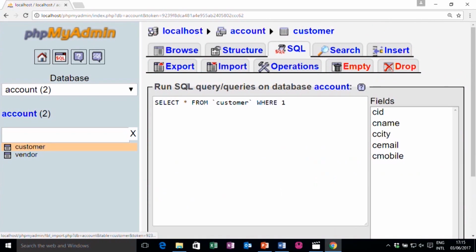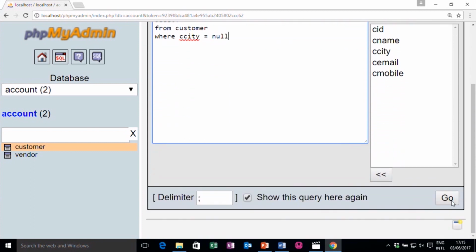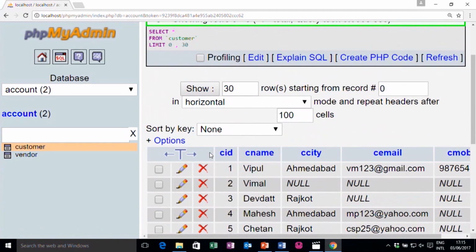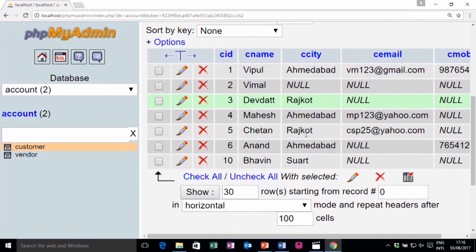So, if I write select star from customer where C city equal to null, let us check what it will show. It does not show any record, though there are some null values here, such as the second record where C city is null.